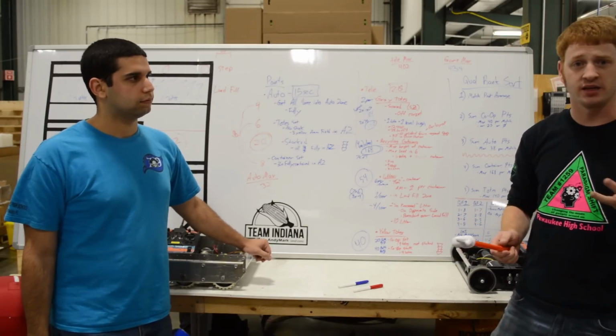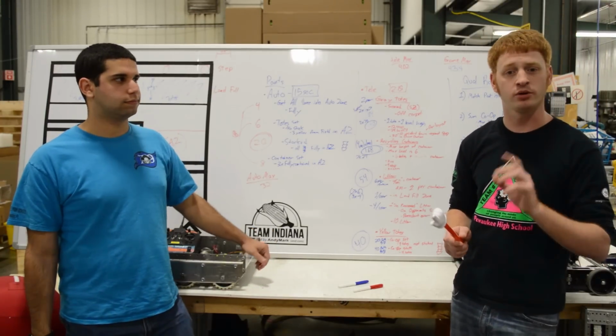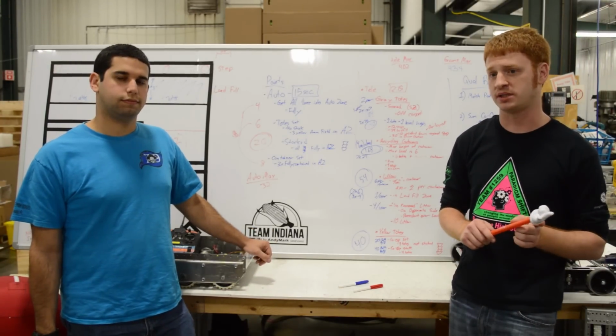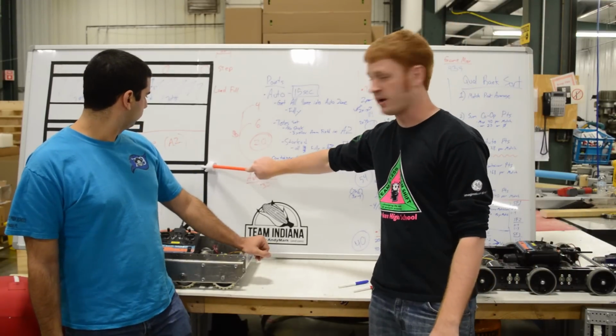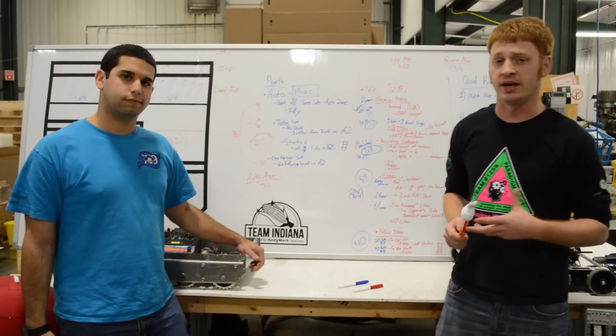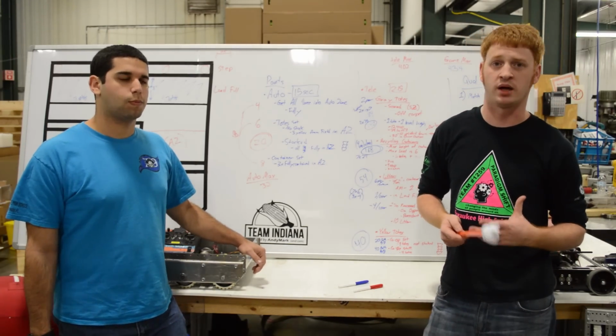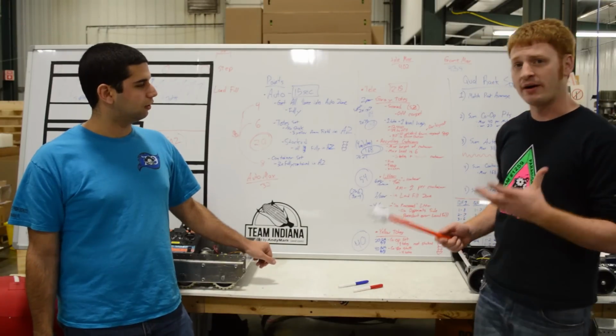So, the first thing that we decided we were going to do is run totes primarily from the human loading station to the scoring zones, which are these raised platforms here. So making this run back and forth. Now we're going to run out of totes, so we need to be able to floor load as well. So those are some of our early requirements. So, we found out pretty early